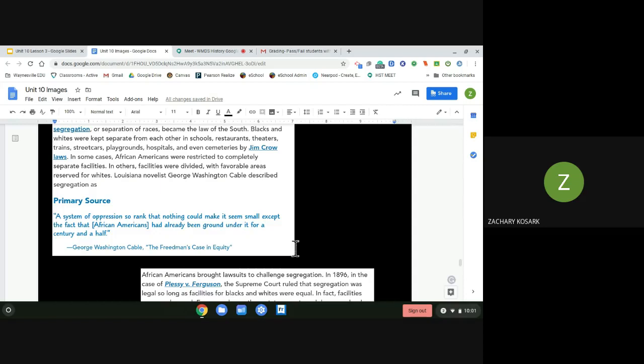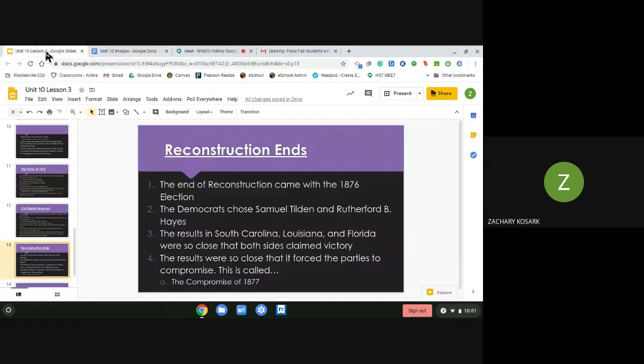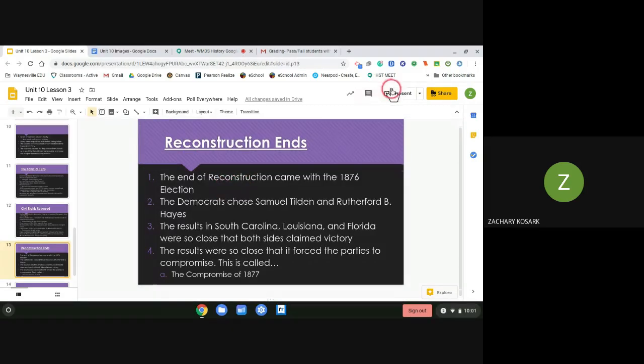Whites would have the brand new car, and African Americans would be provided with something supremely inferior. If it is separate, it is inherently unequal, and that's what we'll get to in the 1950s and the 1960s. But it takes 70 years to get there, and a lot of those problems still exist today in parts of the country.